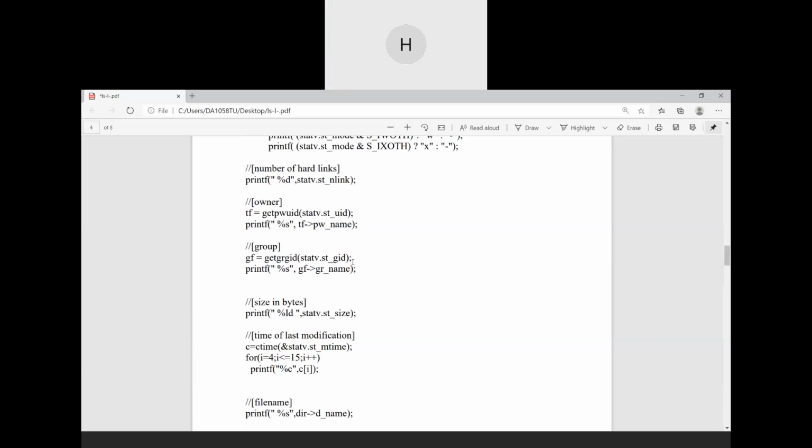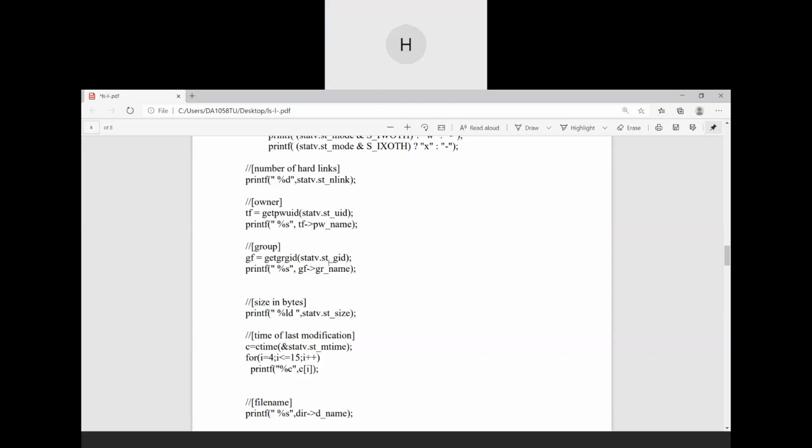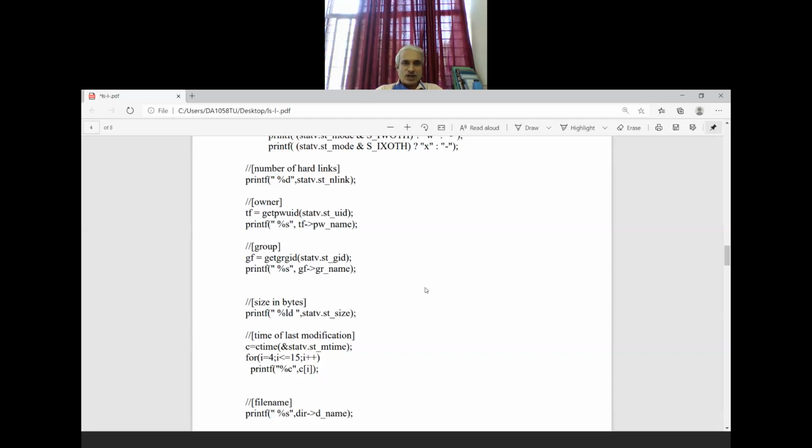Here we will get the ID from the stat function, which is being passed to this getgrgid function, the syntax as given in the manual, and then we are taking it in this variable, which is also a pointer to the structure, and then it will display this gr_name field. So this, Rashmi, yes sir, the TF, GF and all you have to replace with appropriate names. Yes sir, sorry sir. Good.